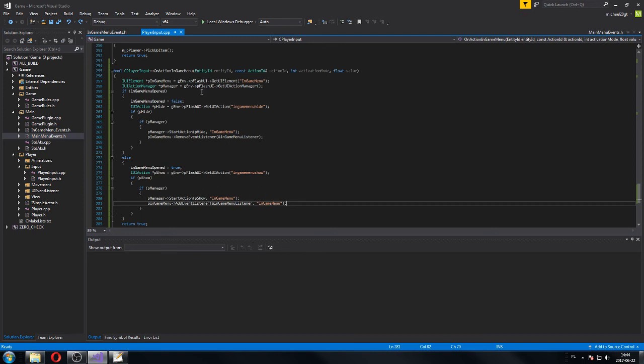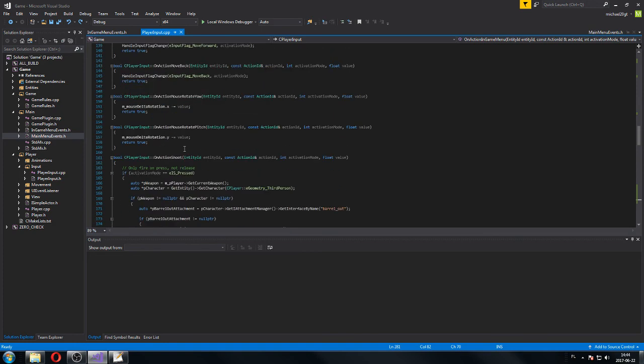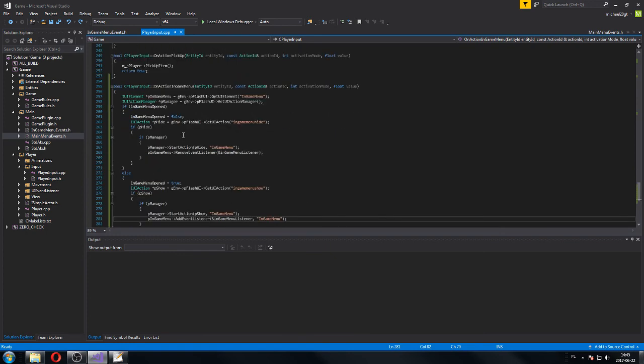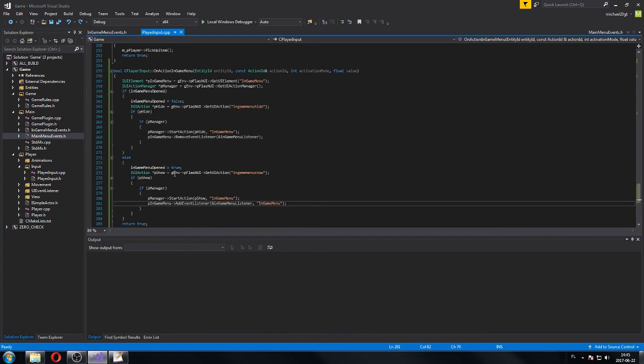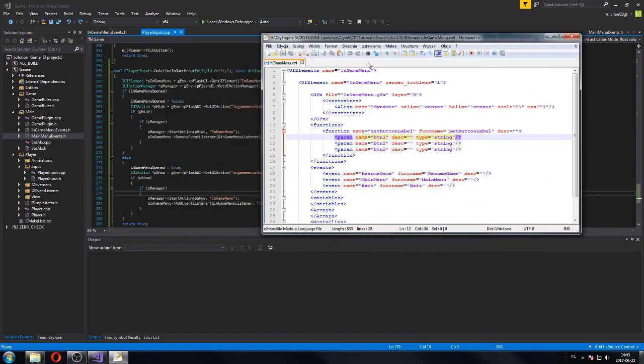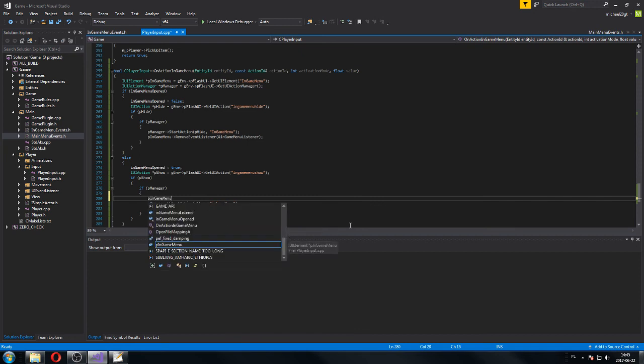So what we want to do now is fill up these labels first of all. When you open the in-game menu, you want to fill up these buttons. You don't want them to say "text field" every time. So we want to just grab them, the in-game menu,